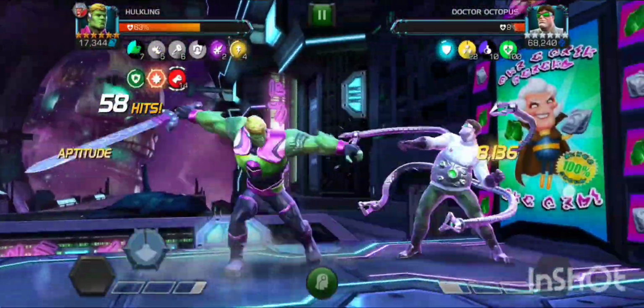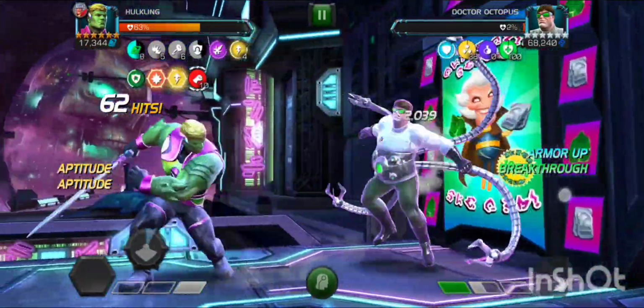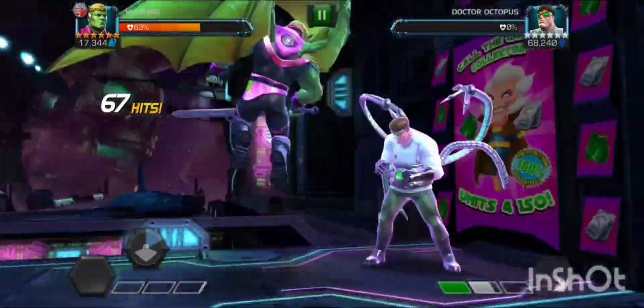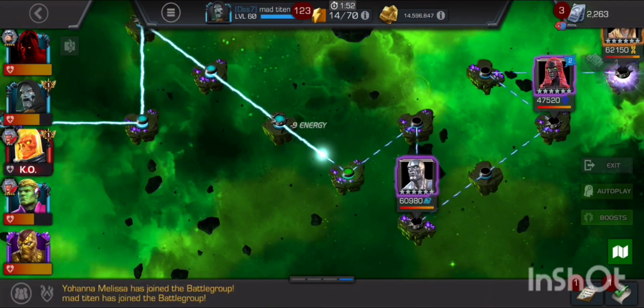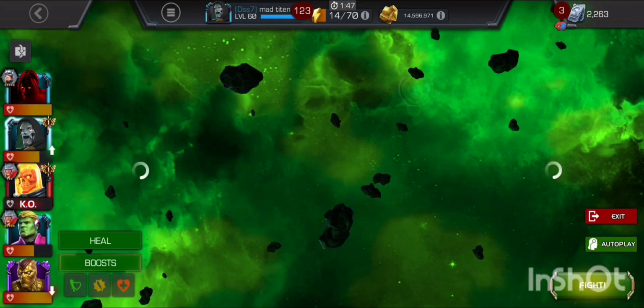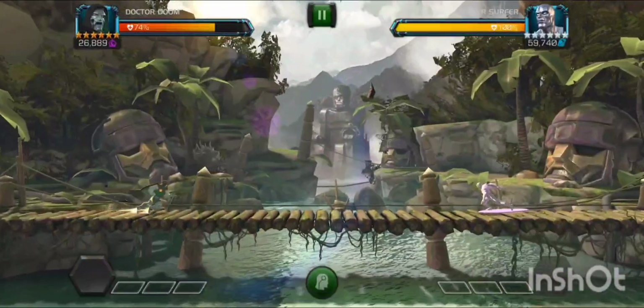alternating basic attacks. So here I have completed the fight with Hulkling. As you can see, Hulkling is also a good option because of some of his buffs, Bulwark, and after blocking a hit he becomes unblockable, so yeah, Hulkling is also a good option here. You can try him. I have almost completed the path with Doom and Hulkling